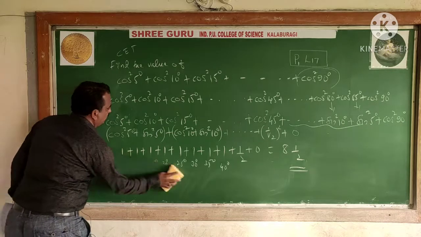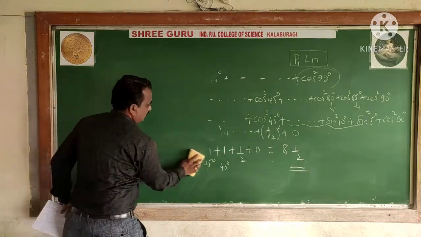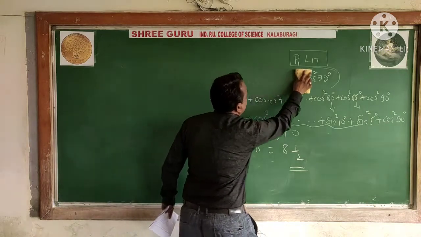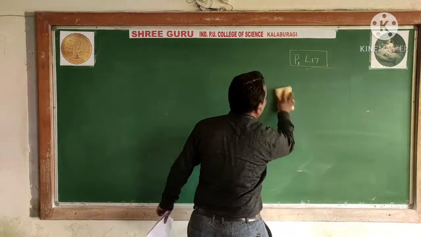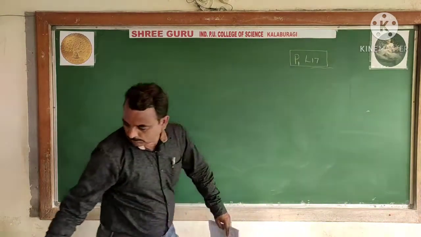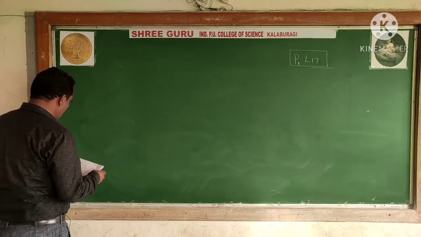Now let us see one more, and then two examples I will leave as homework. This is one type, the same type. This is the previous one, and this one is the previous class example also, I have reminded. Now see this next one.